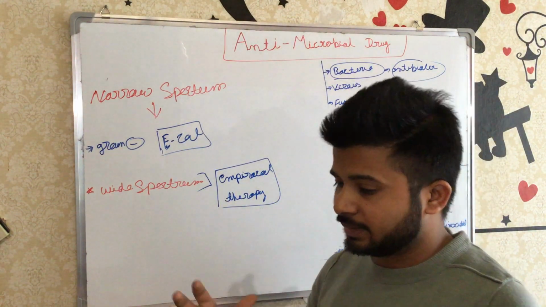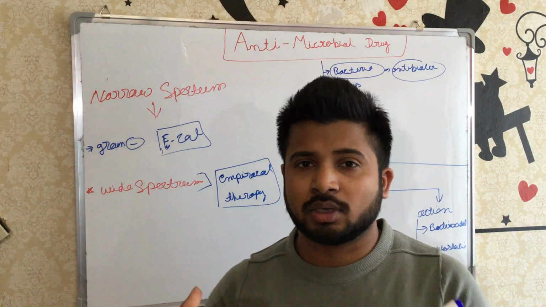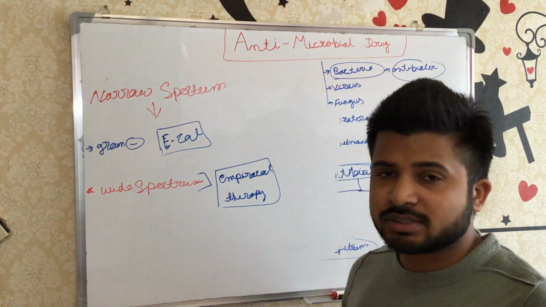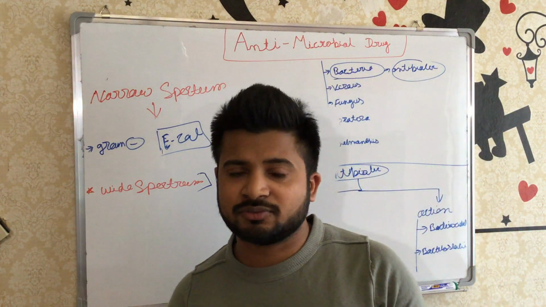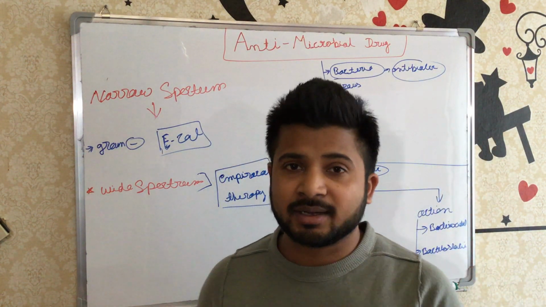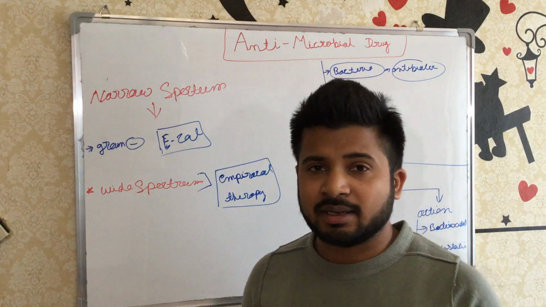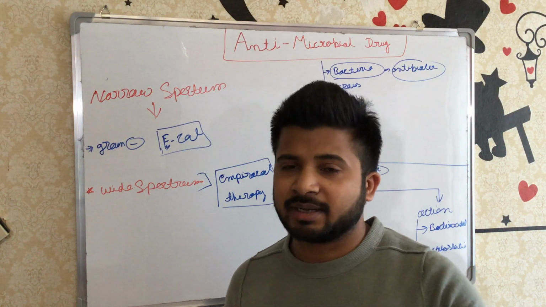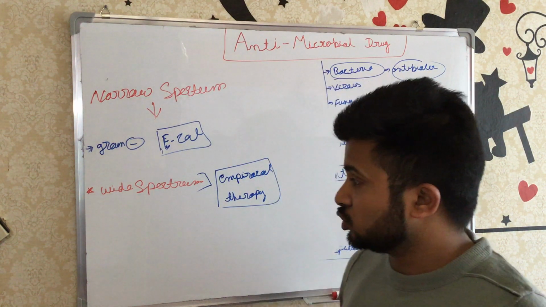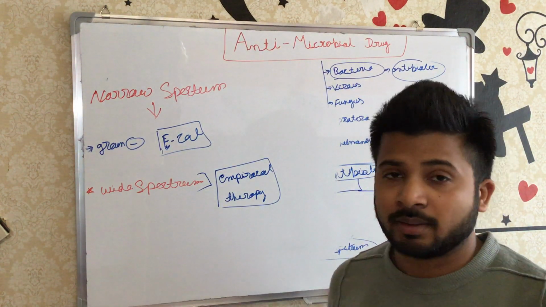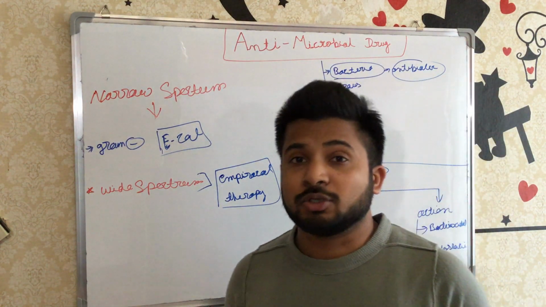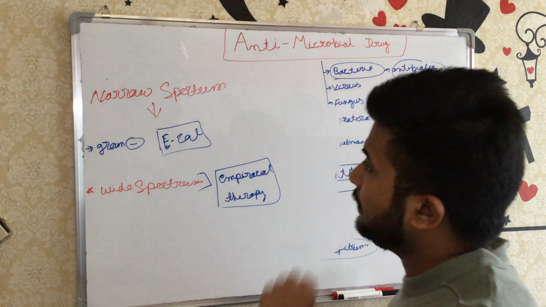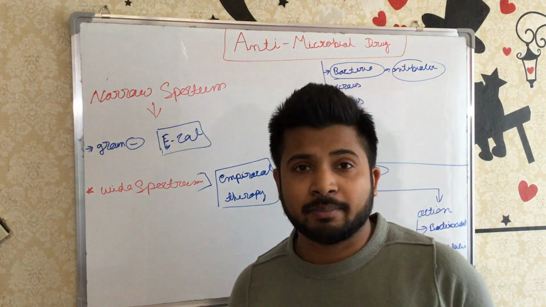That treatment, or that use of the antibiotic, is called empirical therapy. It means that without any investigation, we just know that the person has a bacterial disease, but we have to treat with an antibiotic, any antibiotic that can kill the bacteria. As we know, bacteria are most probably gram negative or gram positive. So in this case, most probably a wide spectrum antibiotic is used. That is called empirical therapy. So these are the main points about the importance of the antibiotic.